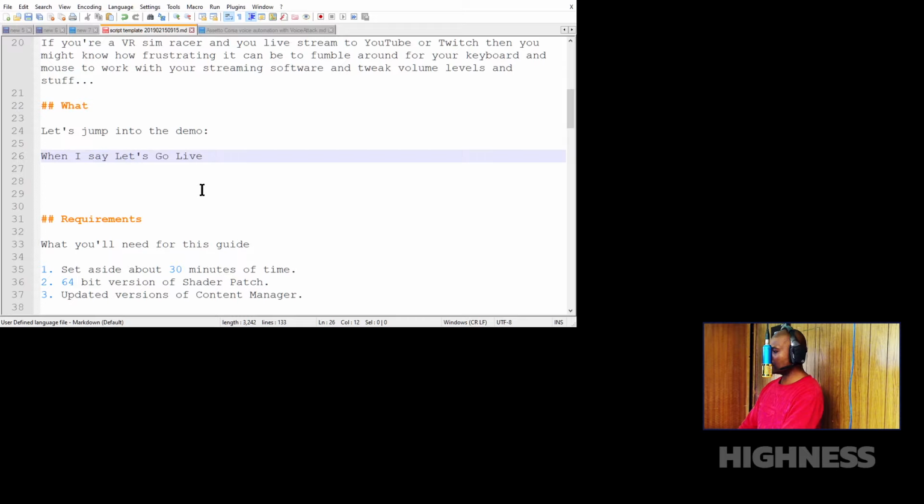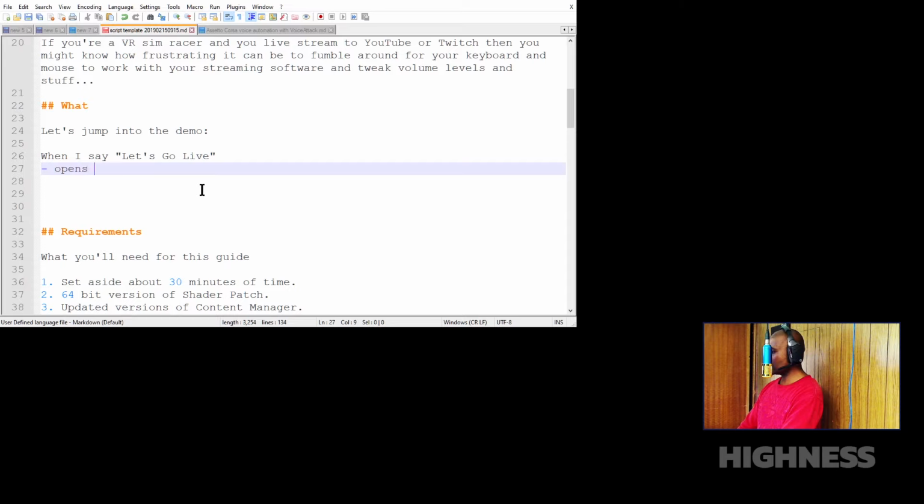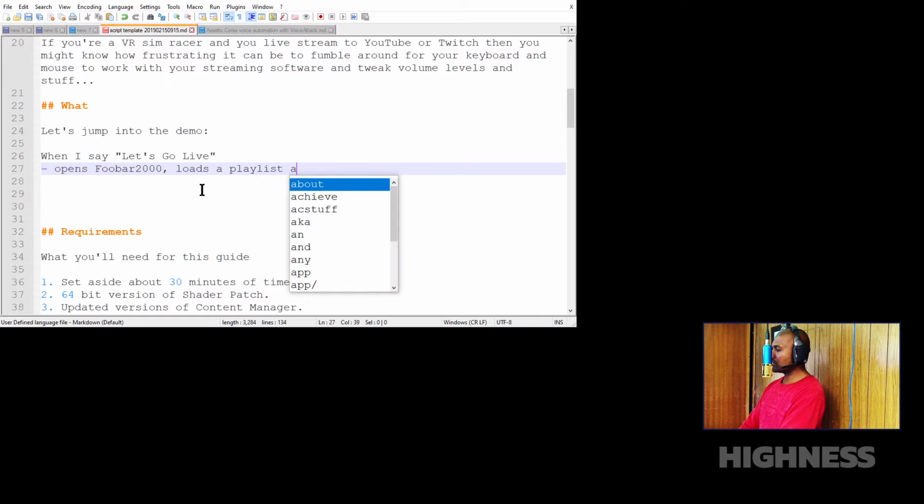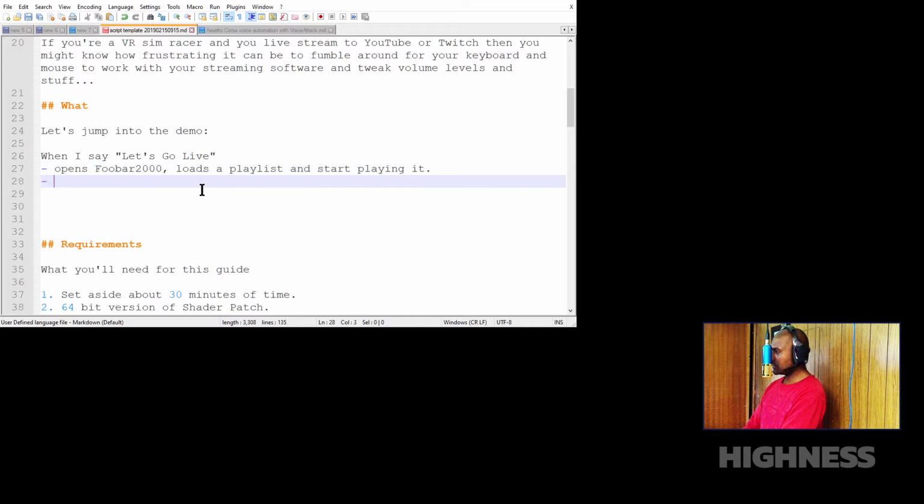When I say "Let's go live," what happens is it opens Foobar 2000, which is a music, kind of like an MP3 player, basically. It opens Foobar, loads a playlist and starts playing it. Next thing that happens is the